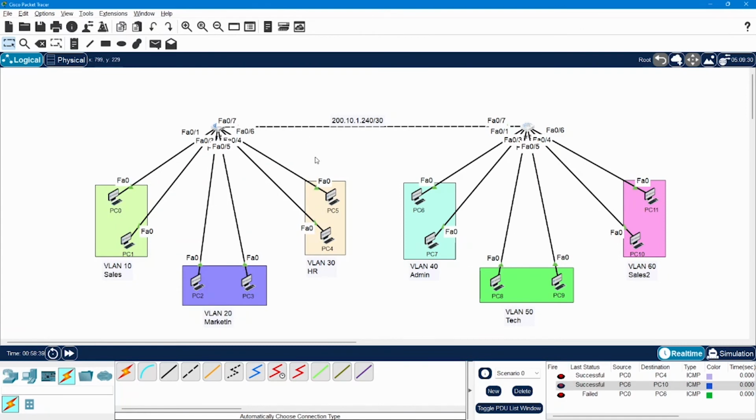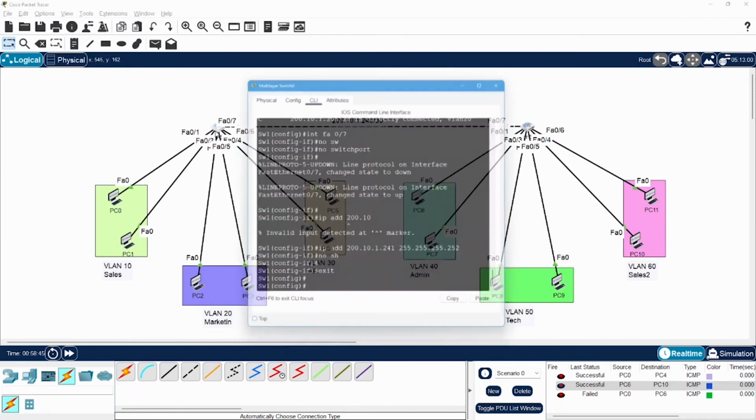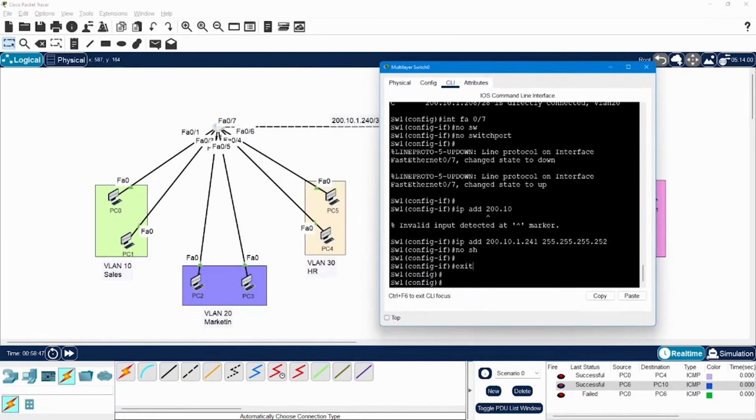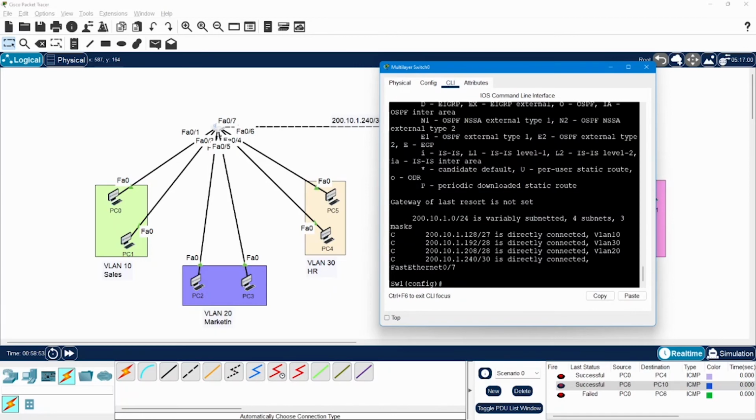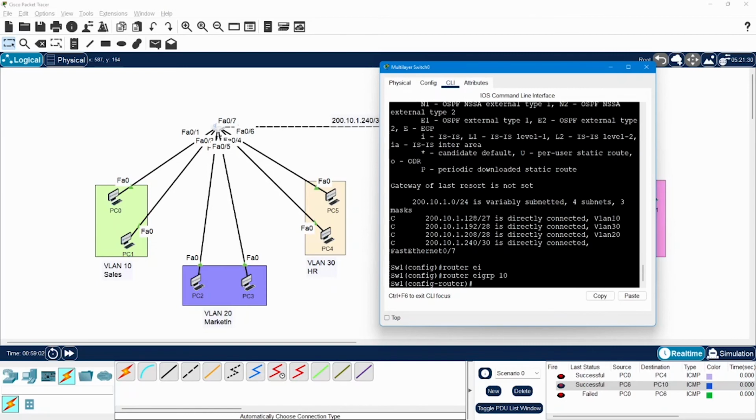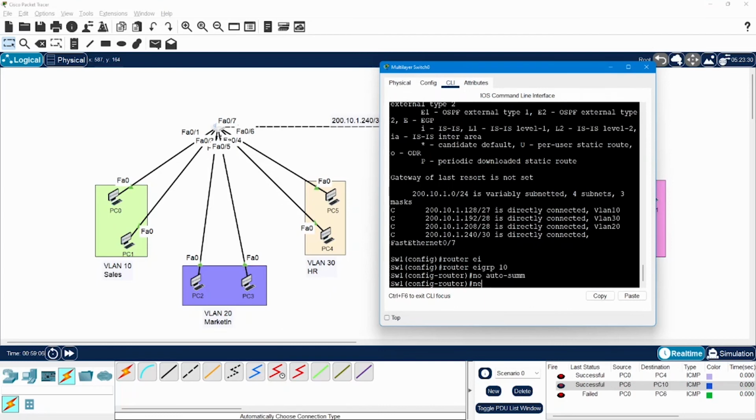Now the next task is to make all of these networks communicate with each other using some routing protocol, for which we are going to use EIGRP. So I'll go to this and we'll first of all have a look into the routing table of switch number 1. If I say do show IP route, I have 4 networks directly connected to me. So let's advertise them into the EIGRP domain. I'll say router EIGRP 10, no auto summary, then network number 1, which is